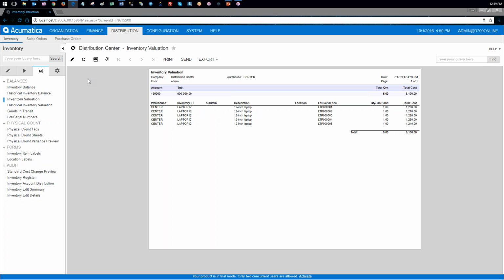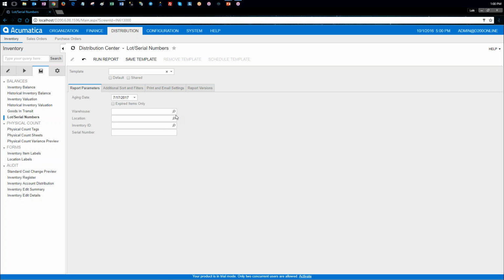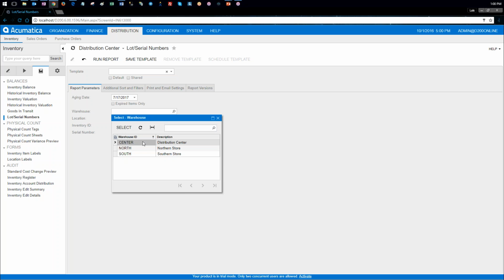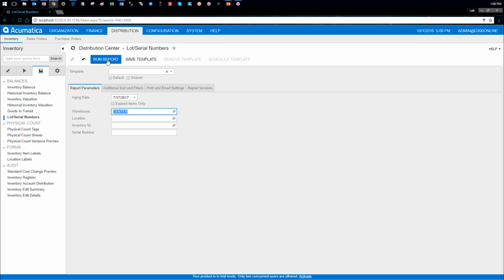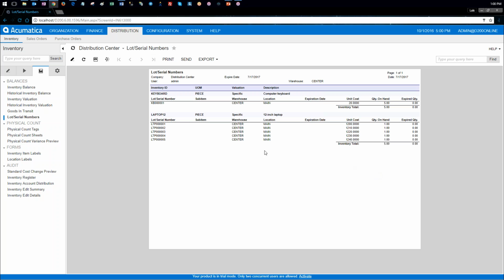Now let's take a look at the lot serial number reports. Let's take a look at the warehouse center, and let's check. On this report we can see that we have a lot number here for the inventory ID keyboard, and we have all our unique numbers for our laptops. Okay, we have that step ready,